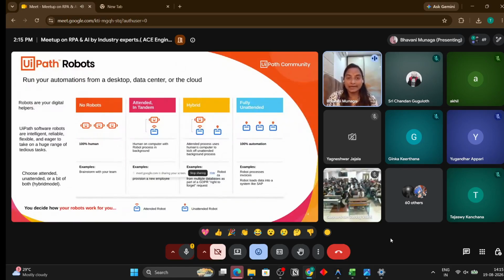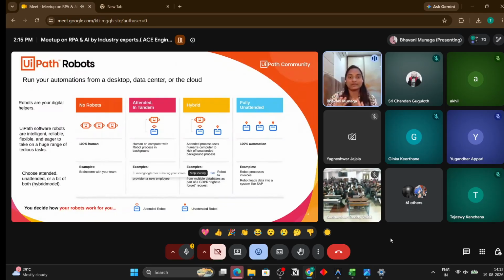And coming to the unattended. I don't want to have to go to the assistant daily, click on run, and then the process runs. I want to eliminate the task of clicking, opening the assistant, and enabling the robot. So I have shifted to unattended.